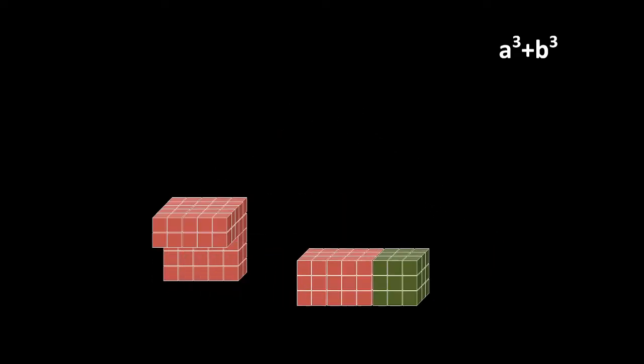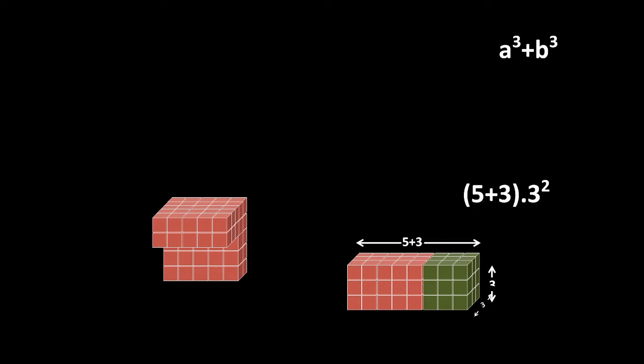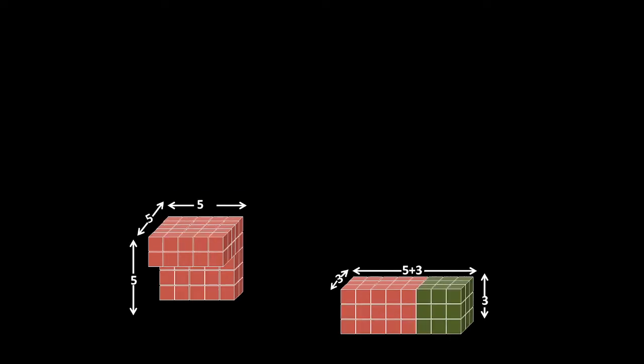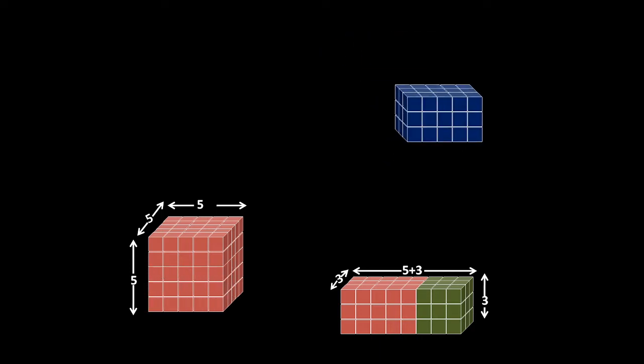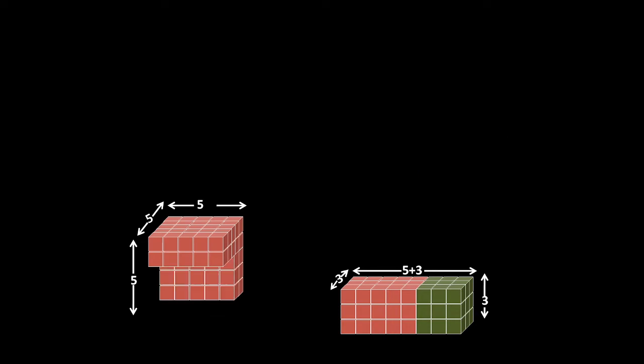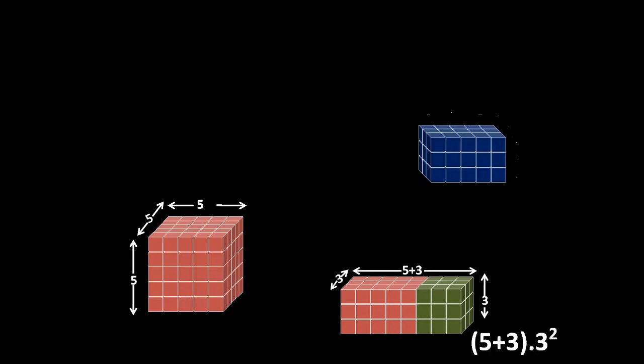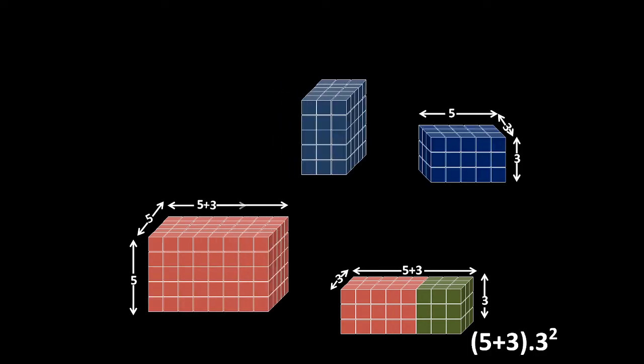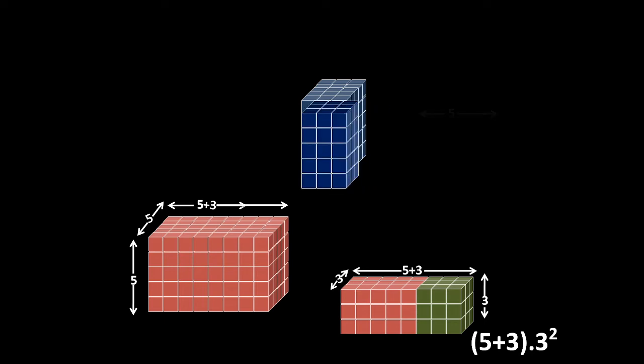This is how we start, by extracting a cuboid having dimensions 5 plus 3 into 3 into 3, because we know volume of cuboid is length into width into height. In order to complete the previous shape, we add and subtract a cuboid of side length 5 into 3 into 3 and another one, in order to get a side length of 8, and extending the previous shape along its horizontal axis, we get